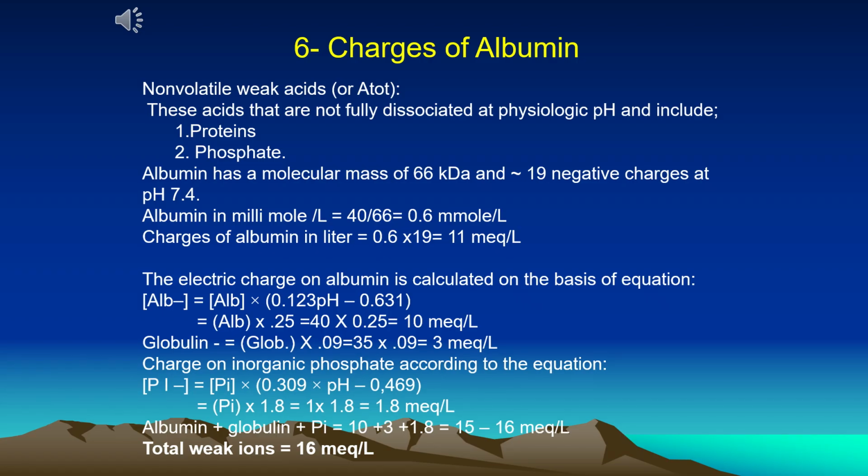We can also use a standard formula, which for a pH of 7.4 simplifies to multiplying the albumin concentration by about 0.25, giving us a very similar value of 10 milliequivalents per liter. When we add the negative charges from phosphate, we get a total weak ion concentration of about 16 milliequivalents per liter. The crucial clinical takeaway is this: when albumin is low, this major source of negative charge is lost,